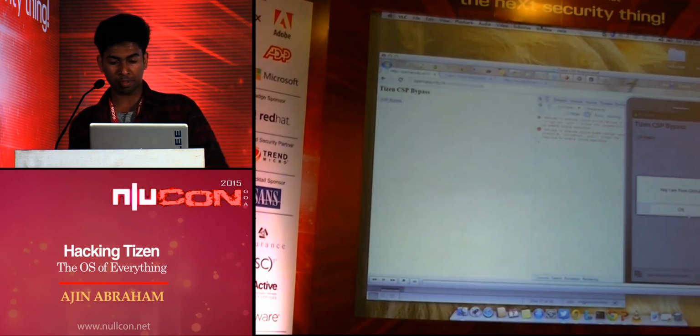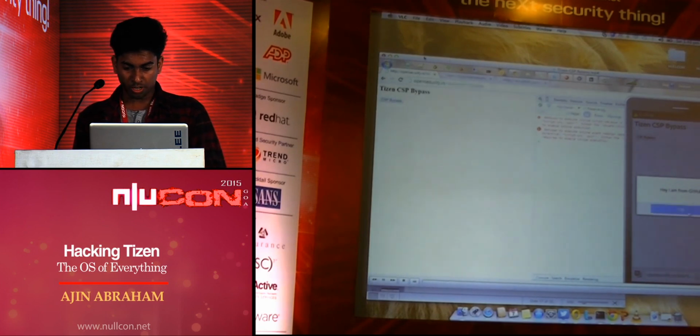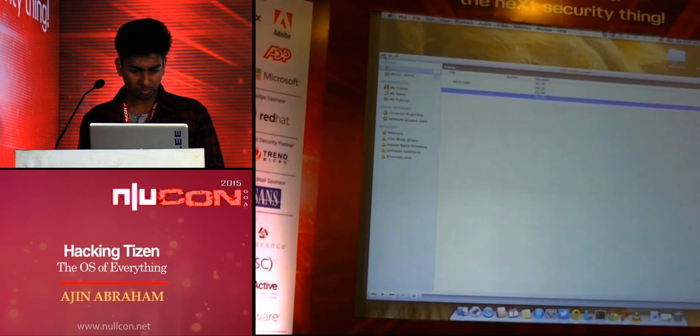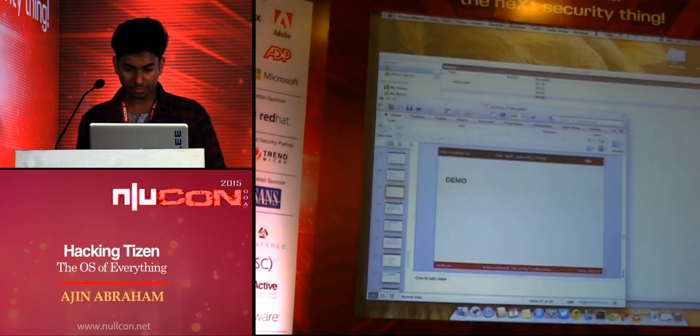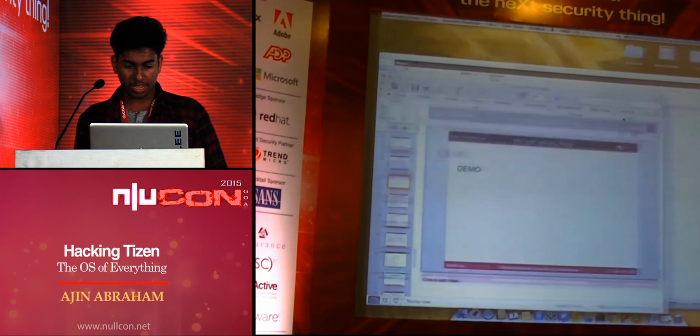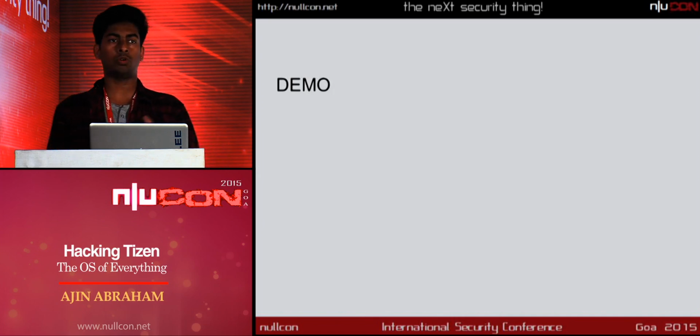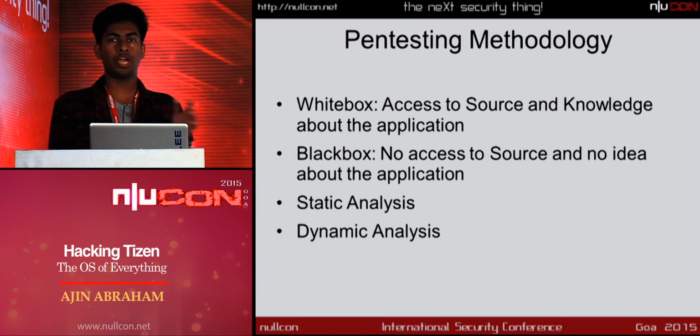I think I have only 5 more minutes, so let's quickly move on to the presentation. Okay, so that's all about the things which I found in the Tizen operating system. Anyway, I'm sure that this is going to be shipped soon. Tizen phones are already available in India. You can buy them from Flipkart, Amazon. It's very cheap. Tizen TVs are already available, but very expensive, like 3 lakhs, 4 lakhs, 5 lakhs. They're high-end TVs actually. But whatever you get, just buy it and give it a try.